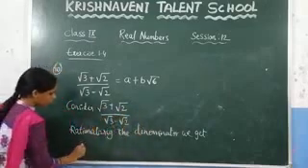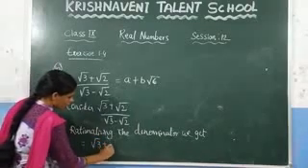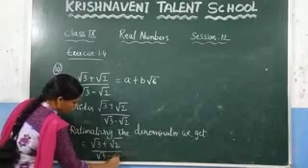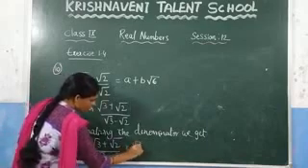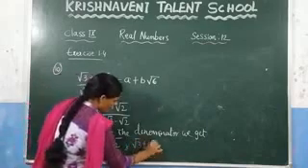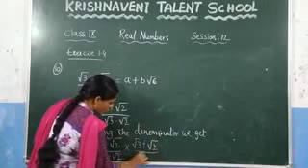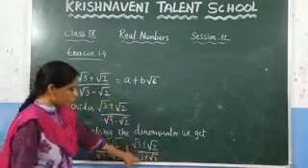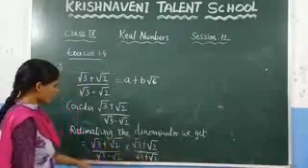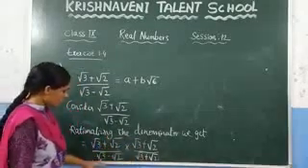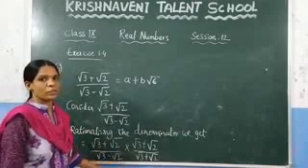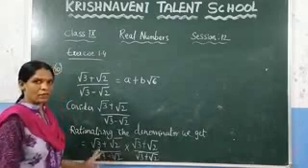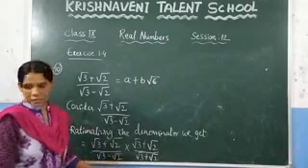So what do we get here? Root 3 plus root 2 by root 3 minus root 2 into root 3 plus root 2 by root 3 plus root 2. Since minus is there, we need to rationalize with plus. Why are we doing it like this? Because here we will get an identity so that the roots will be cancelled and you will get the denominator as a rational number. For that reason we are rationalizing here.